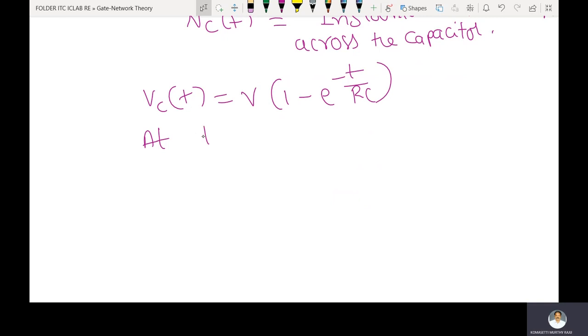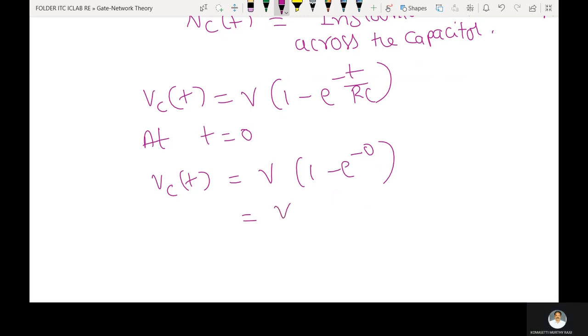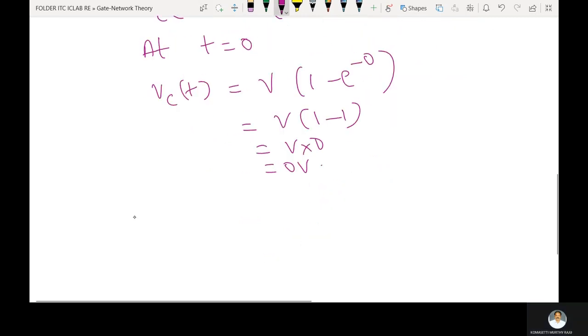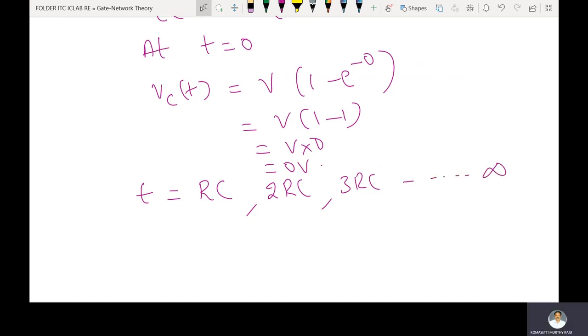At t equal to 0, the switch is closed. The instantaneous voltage across the capacitor, Vc of t, is equal to V into 1 minus e power minus 0. e power minus 0 means 1. V into 1 minus 1 is equal to V into 0, so 0 volts initially. Then as t equals RC, t equals 2RC, t equals 3RC, and so on up to infinity,